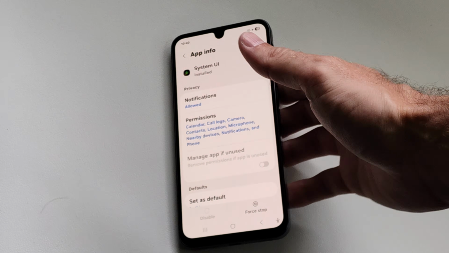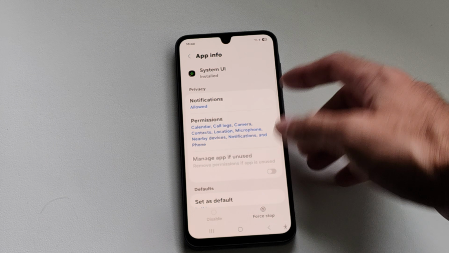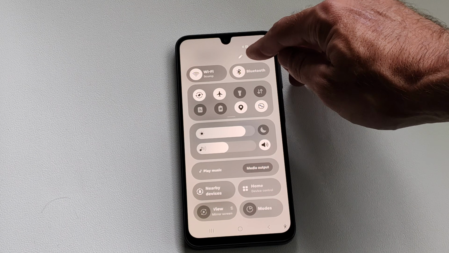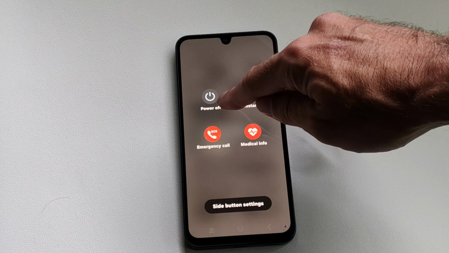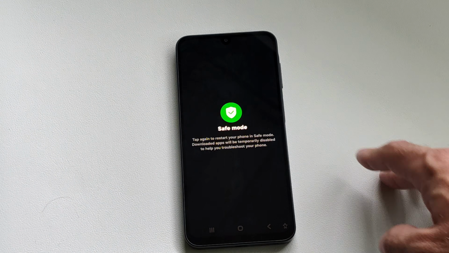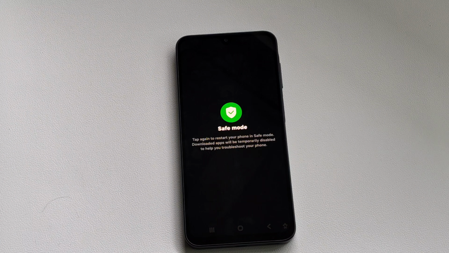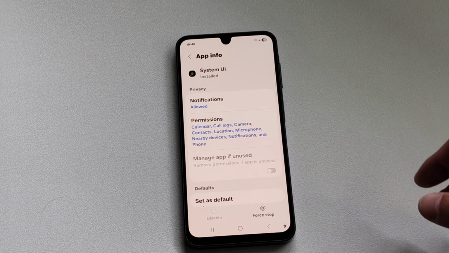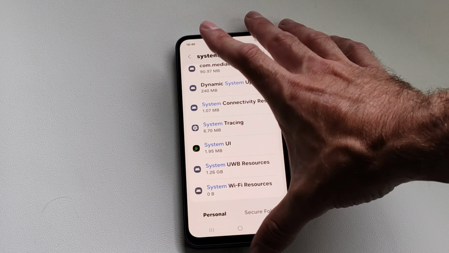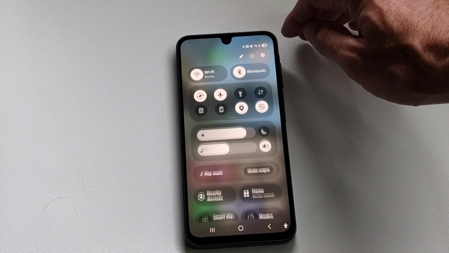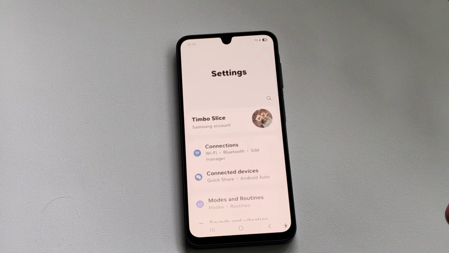Once you force restart your phone, another thing you could try, if it's still being a little bit glitchy or slow, is go to the top, go to the power button, go to the power menu right here, go to power off and hold this down, and launch your phone into the safe mode menu. Maybe you have some sort of virus, or maybe there's a big update on your phone that's really slowing it down. So once we get everything launched up and we have some sort of access to our phone,